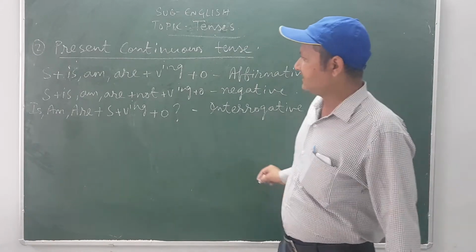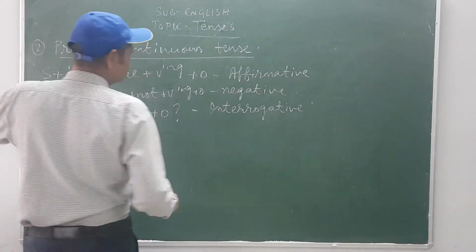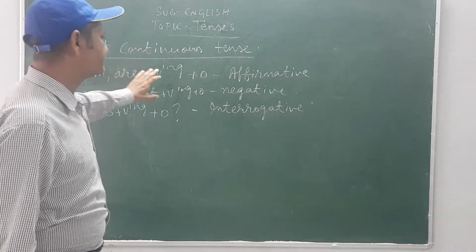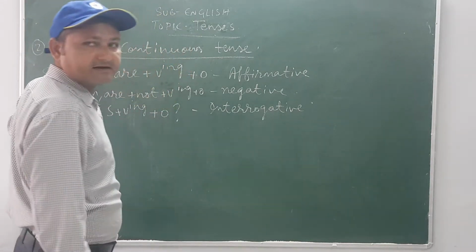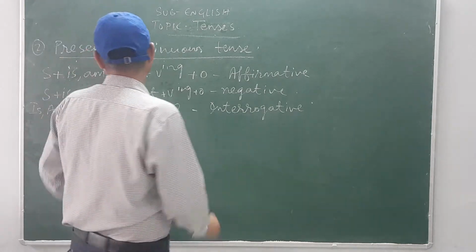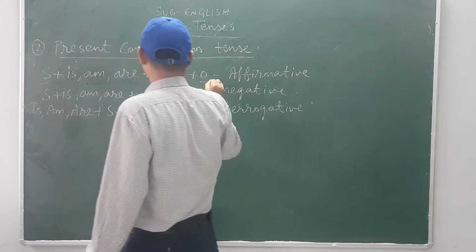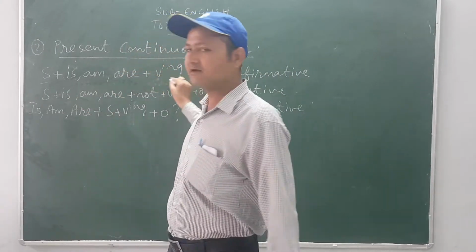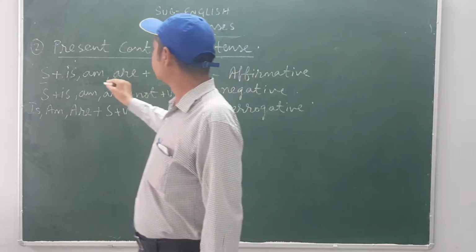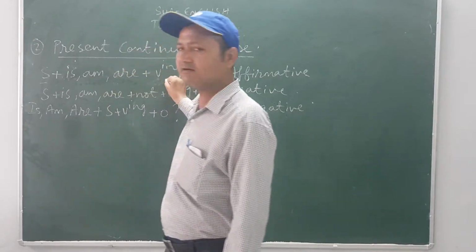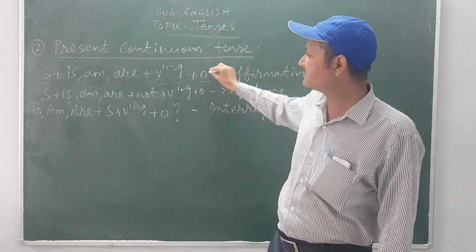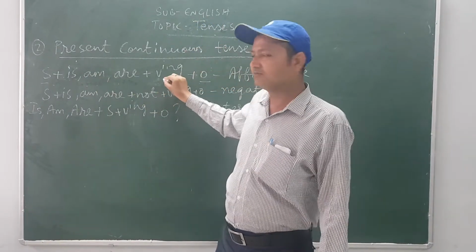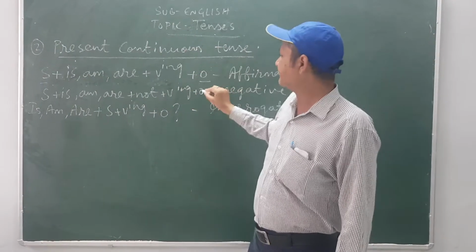In present continuous tense, all the structure is the same. In each and every tense, the structure is the same. Only the helping verb as well as the verb is going to change. In any tense, the subject and object will be the same in each and every sentence, but there will be a change in the helping verb as well as in the verb. Now in the present continuous tense you can see that the structure is subject, helping verb is, am, are, and after that verb with the ing part, and after that object.